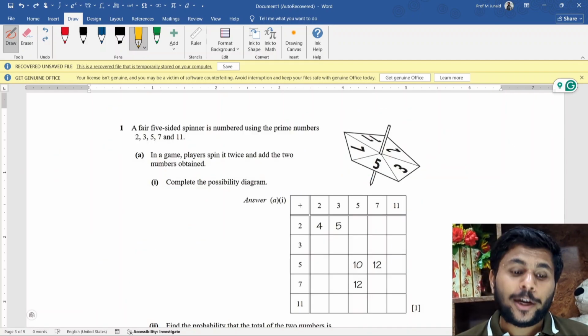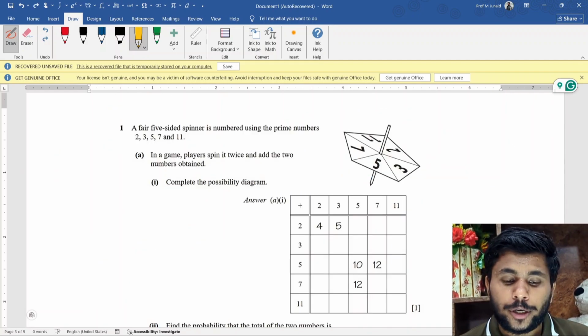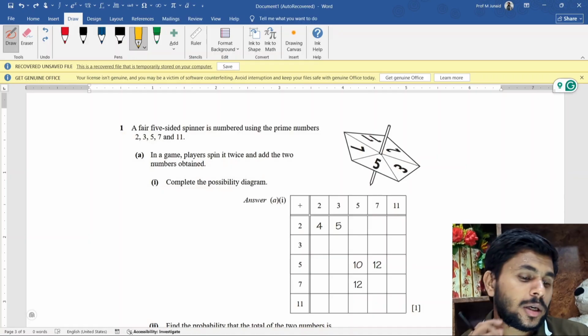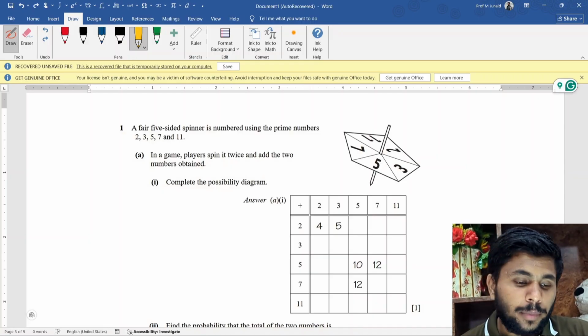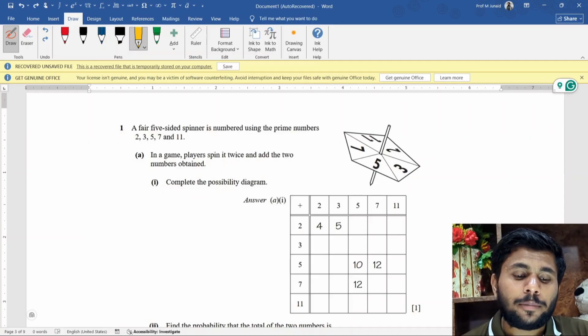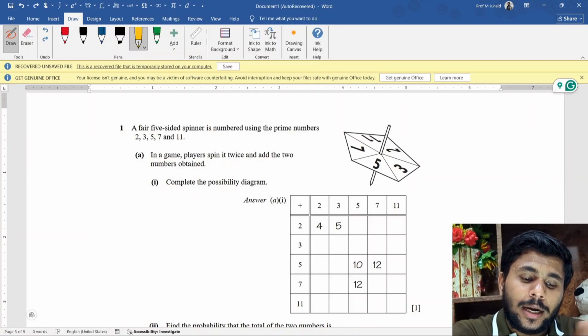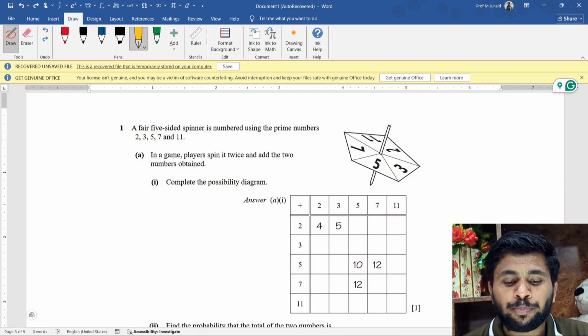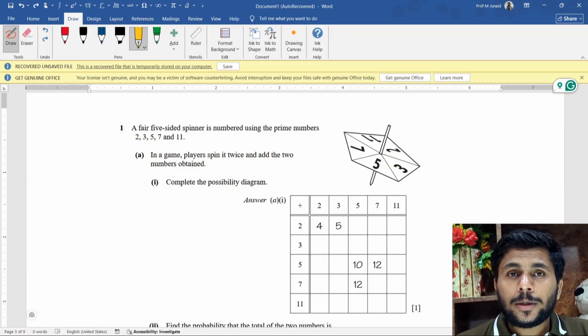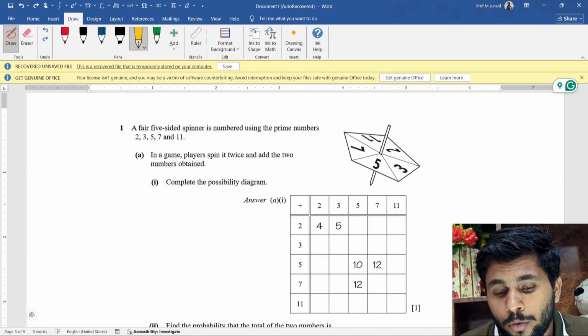Here we have a question related to probability. Let's try to solve it in a few minutes. A fair 5-sided spinner is numbered using the prime numbers 2, 3, 5, 7 and 11. In a game, players spin it twice and add the two numbers. If we spin it first, now